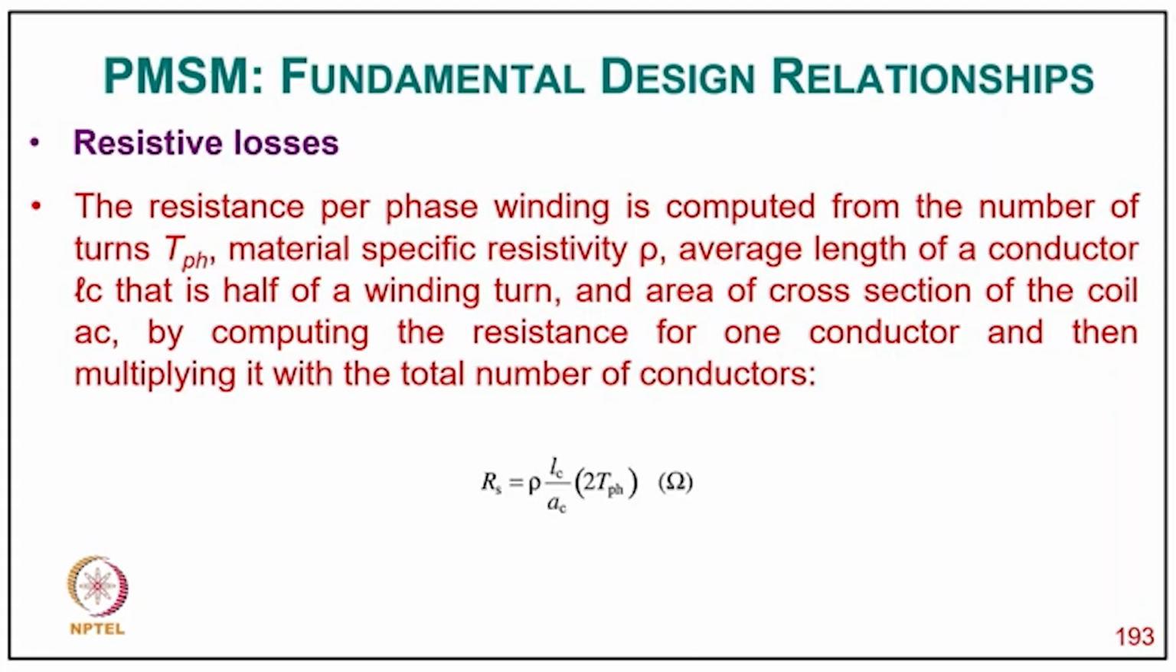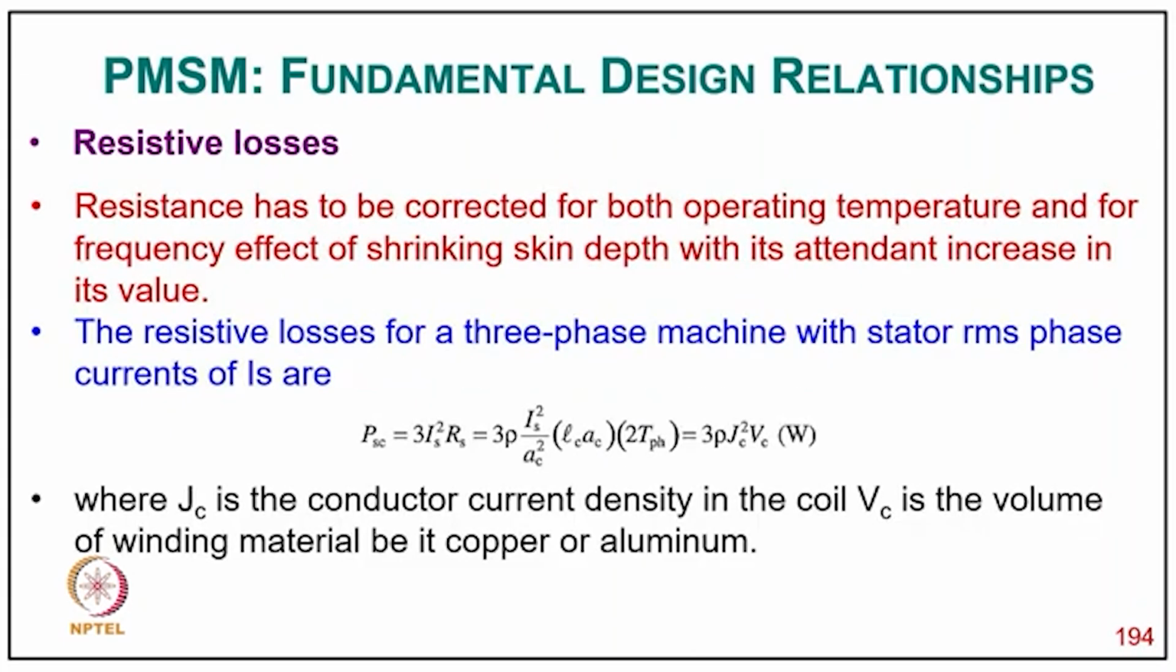So RS equal to rho LC upon AC into 2 TPH in ohms. Now resistance has to be corrected for both operating temperature and the frequency effect of shrinking skin depth and its attendant increase in value. So resistive loss for a 3-phase machine with stator RMS currents of IS is PS equal to 3 IS square RS, equal to 3 rho IS square AC square into LC AC into 2 TPH, equal to 3 rho JC square VC in watt,